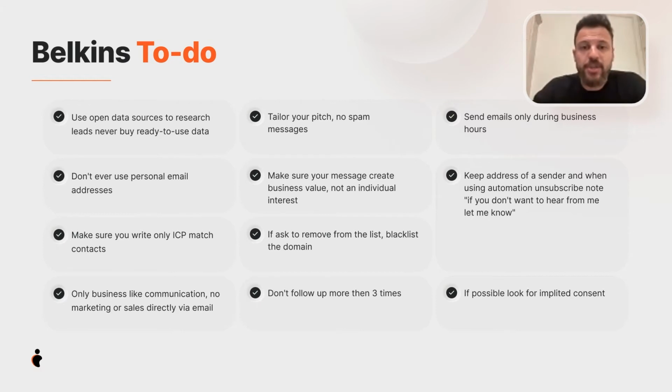Make sure your message creates business value and not individual interest. You can challenge this one, of course, but here's my point. Whenever I'm trying to engage with someone, I'm not engaging them on their personal interest, like investing their own money in something, or spending their time on something outside their workplace or outside their corporate world, right?